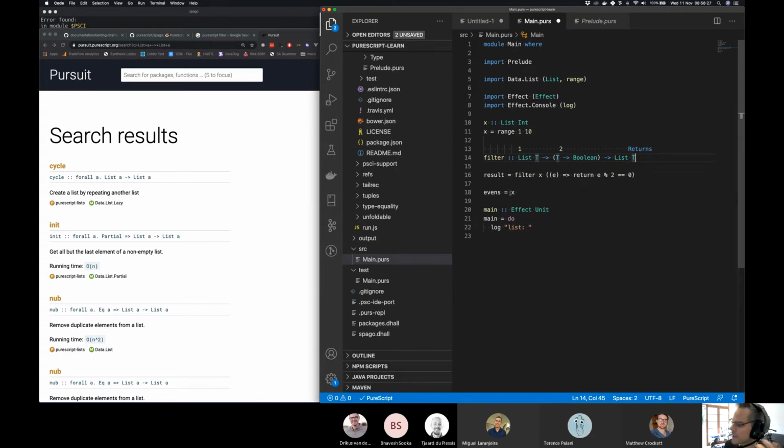Yeah. Makes sense. Because I could filter a list of ints. I could also filter a list of strings or a list of chars or a list of dates or whatever, right? And the filter function doesn't care about what is inside those lists. Do you know what I mean? It's just going to say for each element, execute this function. And as long as the parameter in that function is the same type as that one, it will work, because filter only cares about the Boolean. And it will always return you back that list.